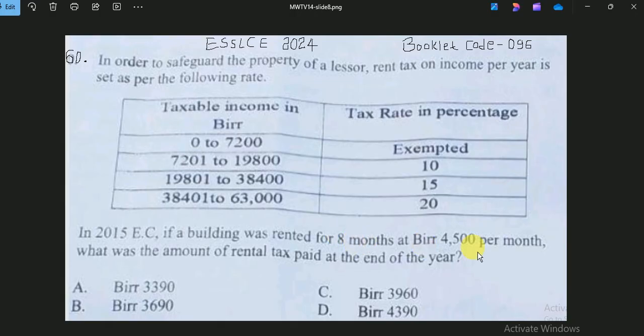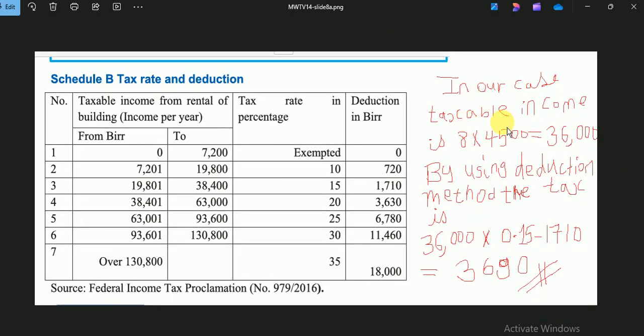ለ8 ወራት በየወሩ በ4500 ብር የሚከራይ ህንፃ ያለው ሰው በአጠቃላይ ኢንካሙ ስንት ይሆናል? ከክራይ የሚያገኘው ኢንካም፣ ህንፃውን በማከራየት የሚያገኘው ኢንካም 8 times 4500 ይሆናል። ታክሰብል ኢንካሙ 8 times 4500 36000 ይሆናል። ከዛ የታክስ ካልኩሌሽን ፎርሙላ አለ።